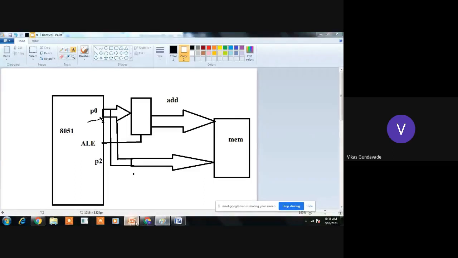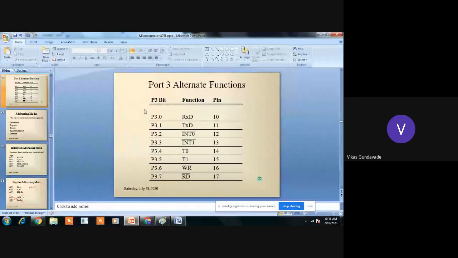Here for port 3, these port pins work as simple input output pins as well as for specific functions. I think I have already told you that when we specify any port pin, it is first specified by the port number. If it is port 0, that will be P0. Port 1 is represented by P1.